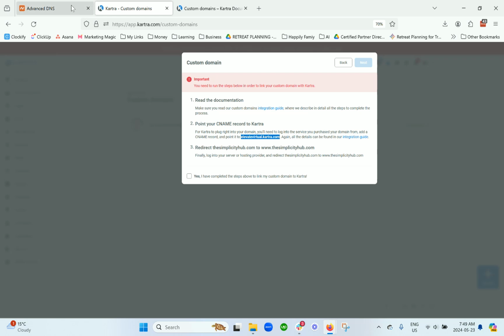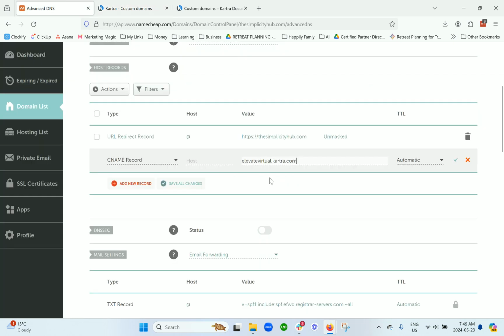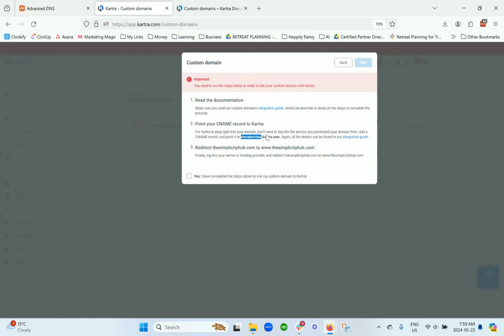This is just our Kartra URL. So this is going to be your username.kartra.com. That's what's going to go here. And then in host, you just want to type in www. Okay. And then I'm going to click to save changes. Okay, so now we go back to this. We have done this. The next step is to redirect the URL, like this shortened version of it, to the